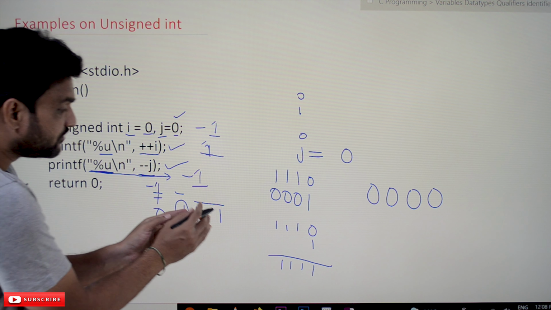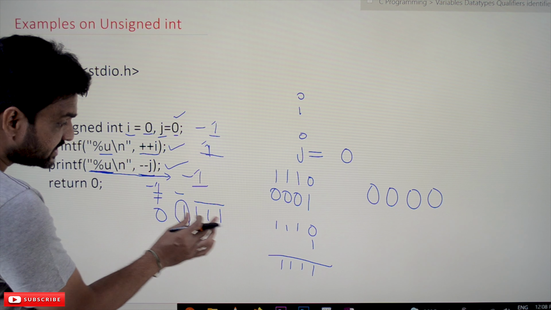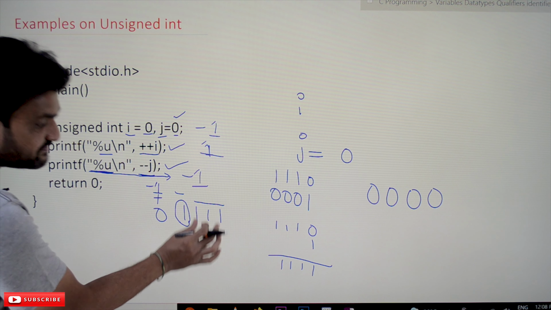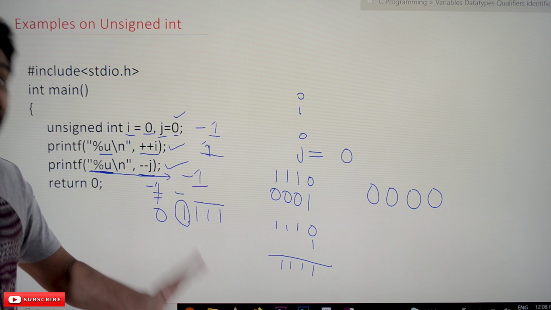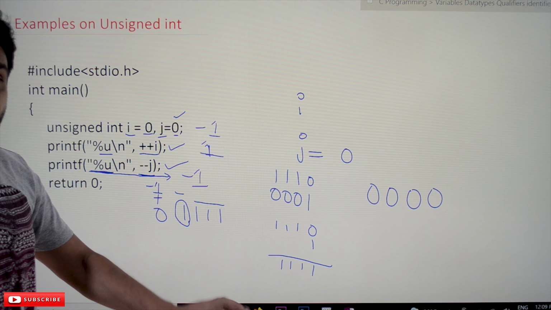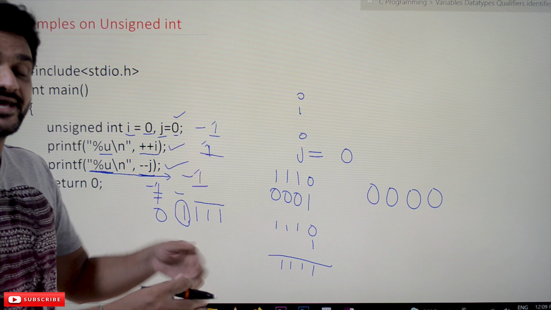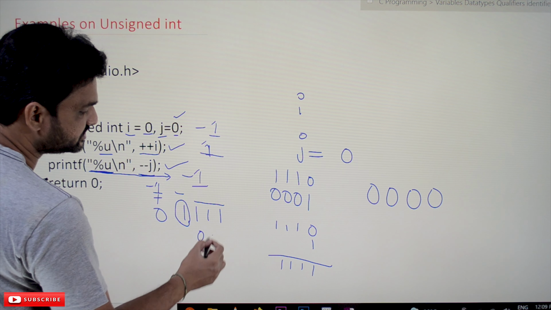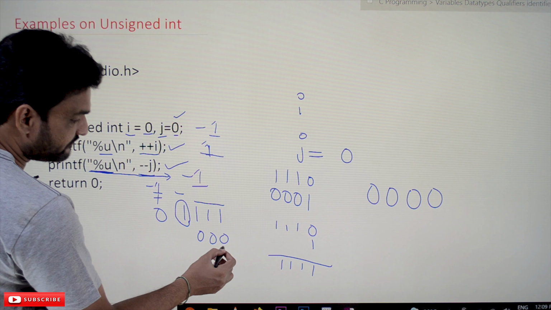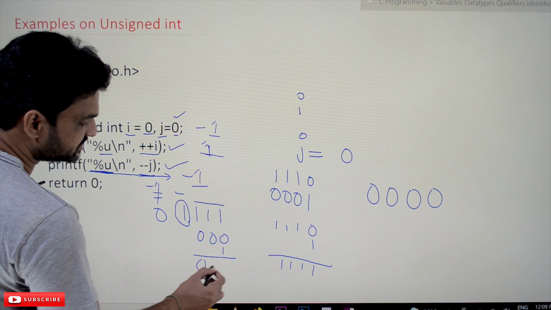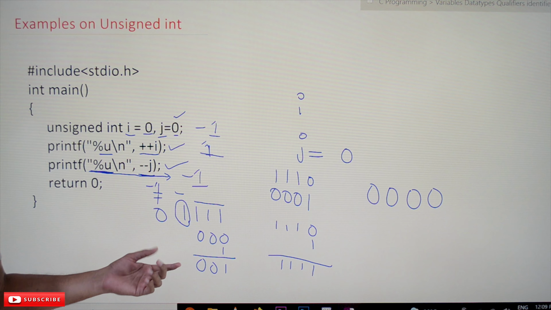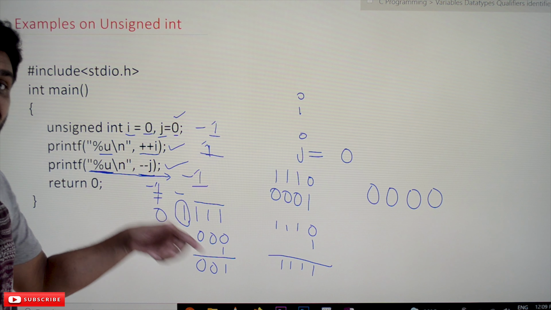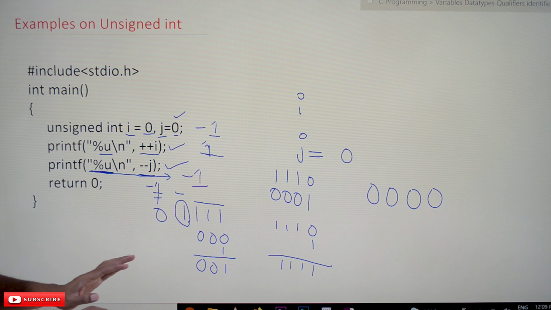Okay, so what the computer will do is, because this is a negative number, this magnitude will get converted into 2's complement. So again the 2's complement is done. If again the 2's complement is done, it means 0 0 0 and 1 will get added, so it is going to be 0 0 1. So this is what we call 2's complement. First complement each and every bit, to that add 1. This is what we call 2's complement.